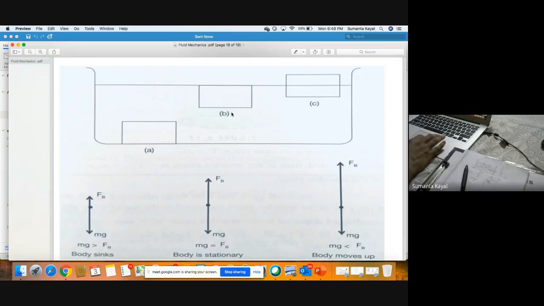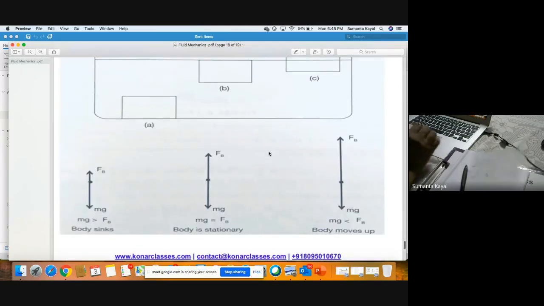Now if you see that the amount of weight and the force are equal, then that body will float. And if the amount of force is more than that weight, it will float very comfortably. Okay, so where is this coming from? I'm sorry, I should use that